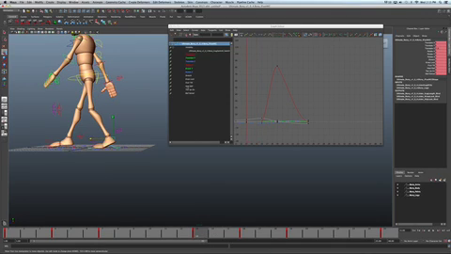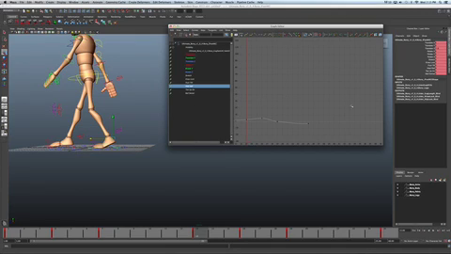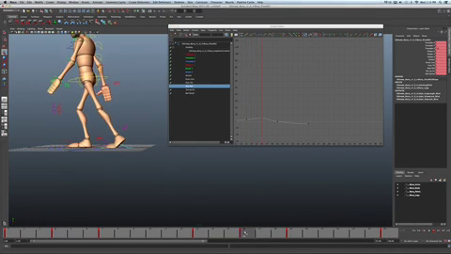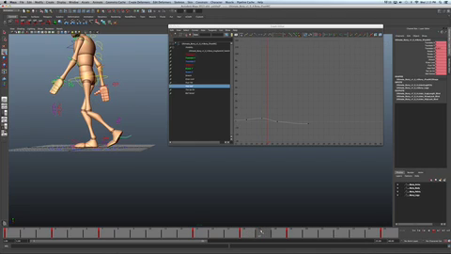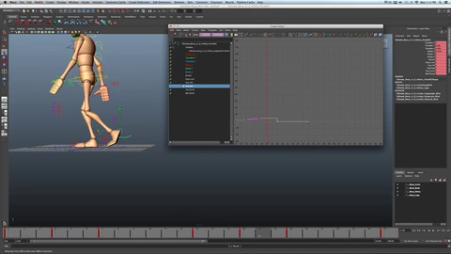So heel ball is what we're looking at. I'm just going to want to flatten this out. I'm going to want it to be stepped. Up here in the graph editor, you can see all the selections. You've got splined, tangents, clamped, linear, flat, step. Now, as this moves through from 13, 14, 15, 16, that's great. 17 is where we want to get rid of that. We don't want this weirdness happening through that. So we're going to go to stepped, or sorry, not stepped. We're going to go to